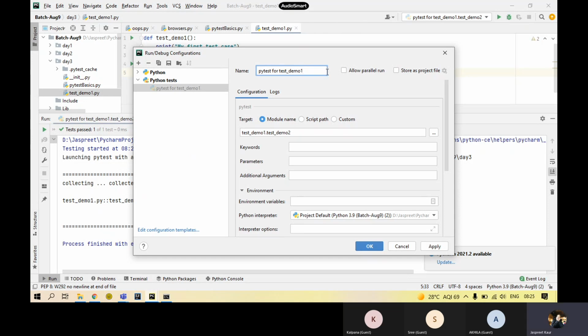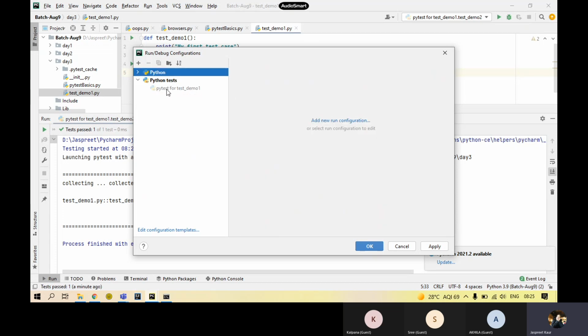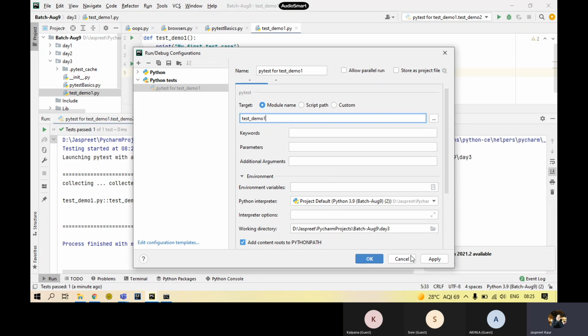You can edit the configurations anytime you want. If you want to delete some configurations, you can simply click on the configuration list, edit configurations, and all the configurations will come. You can click on one, then click the delete button or this minus button, and the configuration will be deleted. If you want to edit it, click on the configuration. Over here, I have changed it. It was running one specific function from my file. I don't want to run that specific one. I want to run the whole file. So over here, I'll change this, and over here also I'll change, and done. I'll apply it.